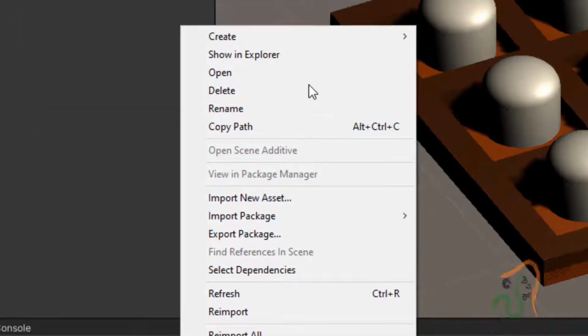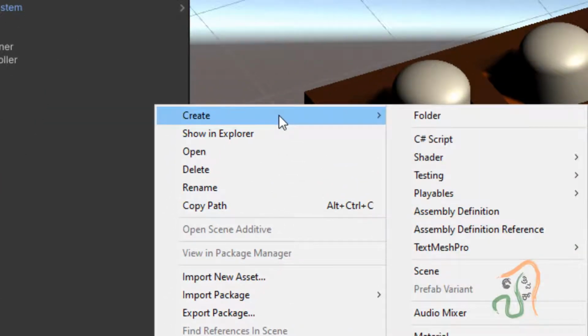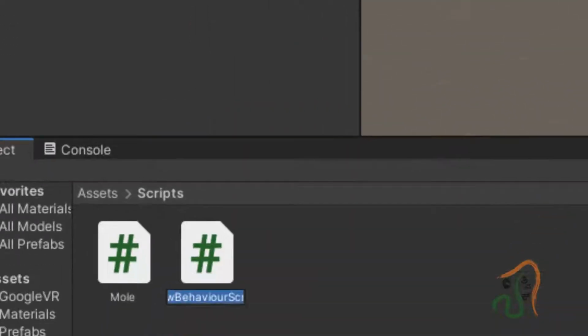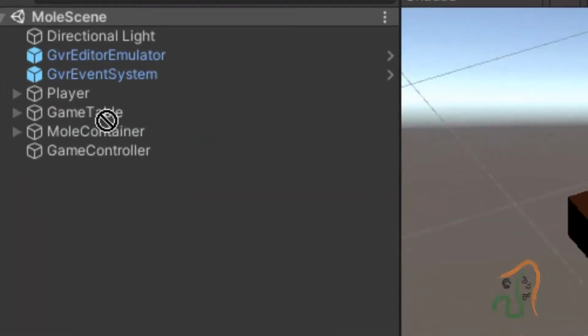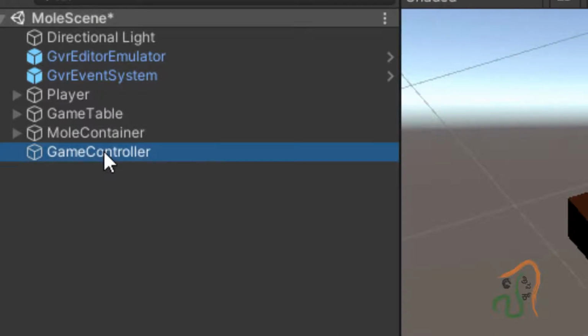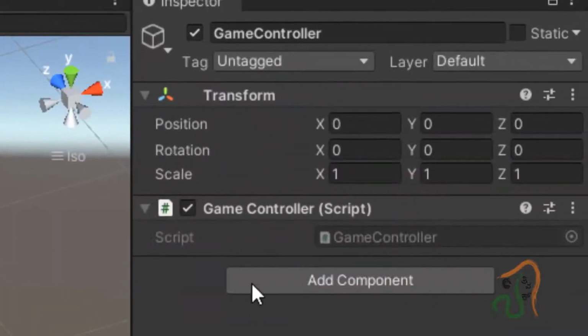Right click, choose create, and create a new C# script, and call this script GameController. Now drag this script and attach it to the game controller object, which is present at 0 0 0.